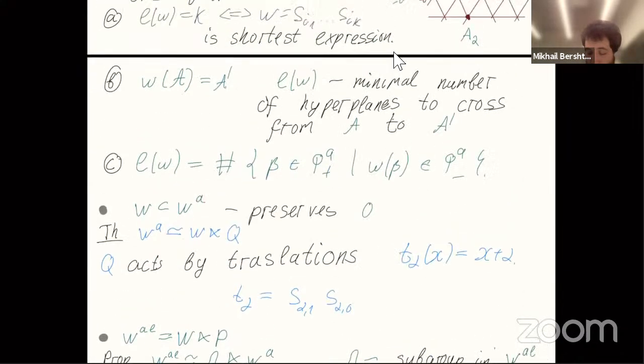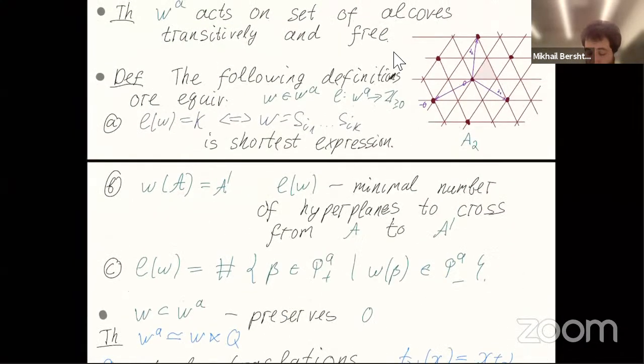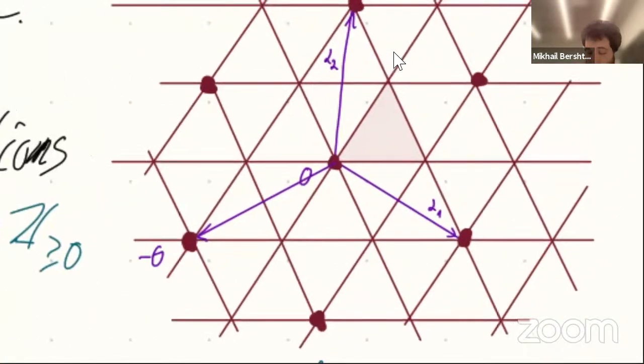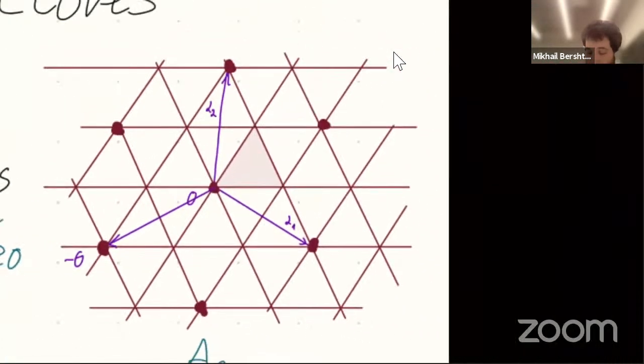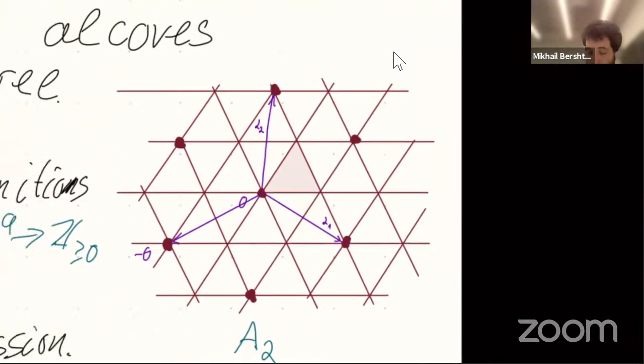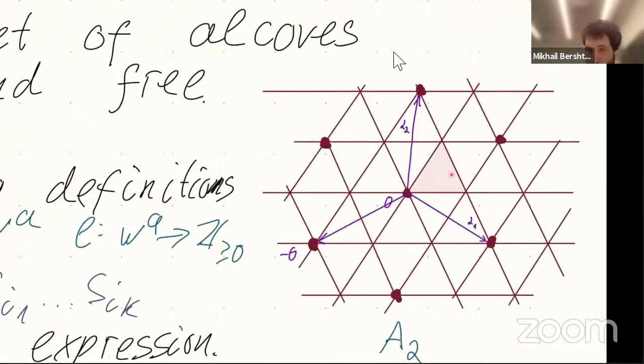inside this chamber, the Weyl chamber where the dominant weight belongs. Then there is one more chamber to move to. The number of hyperplanes which intersect will be the sum of the number of hyperplanes which intersect in the first operation, and then in the second. So the length of the translation by lambda 1 plus lambda 2 is equal to the sum of the lengths of the translation by lambda 1 and the translation by lambda 2.